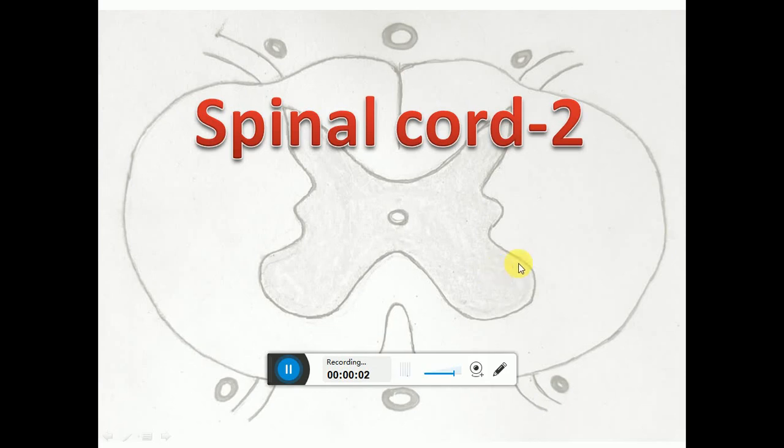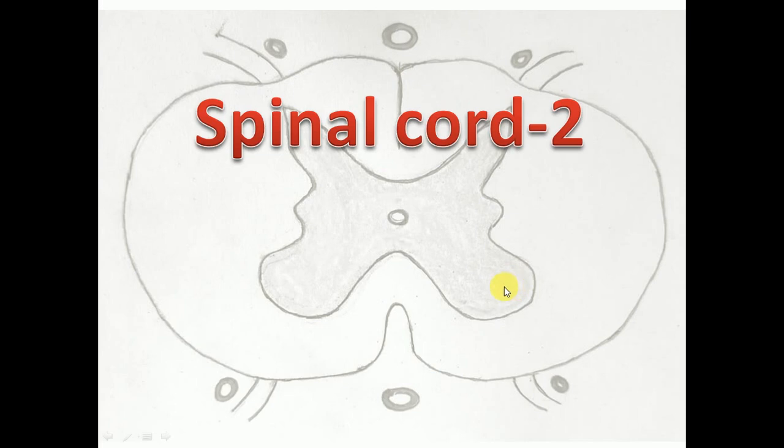Hello everyone. Now, the next portion of the spinal cord is the internal aspect, or we can say the internal features of the spinal cord. When we take a transverse section of the spinal cord, it shows a centrally placed H-shaped or butterfly-shaped fluted column, which is called the gray matter. Outside the gray matter, there is a peripheral situation of the white matter. So centrally gray matter and peripherally white matter.